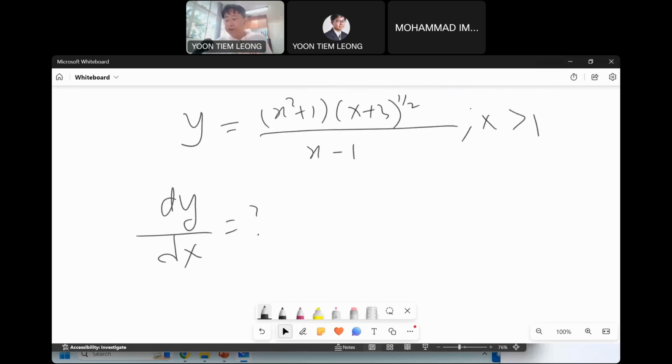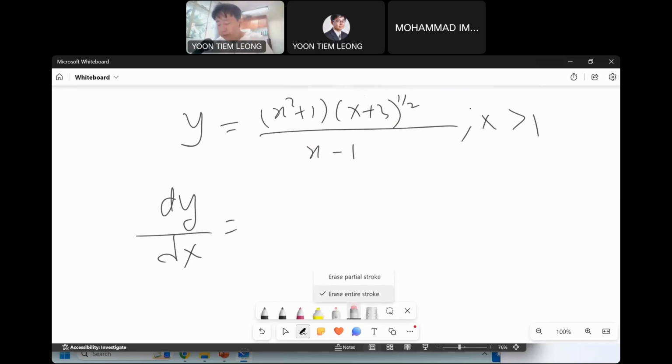it will be very complicated if you apply the quotient rule for derivative. So you have to calculate the derivative of this times this plus the derivative of this times this term, and then you also have to calculate the derivative of the term in the bottom, and you have to combine the denominator and the numerator in a very complicated manner. The easier way to perform this kind of derivative is to take the log of the y